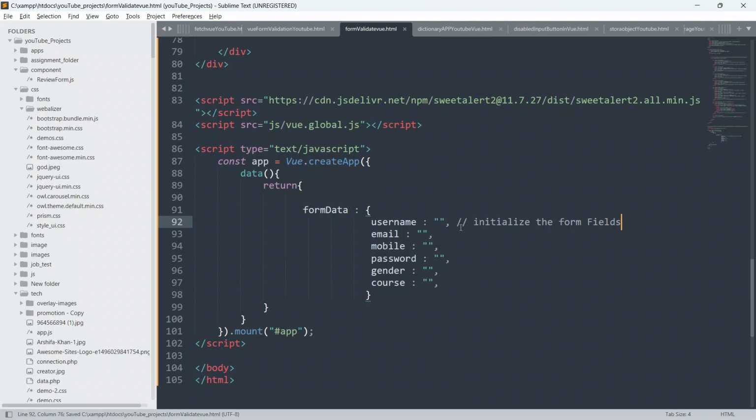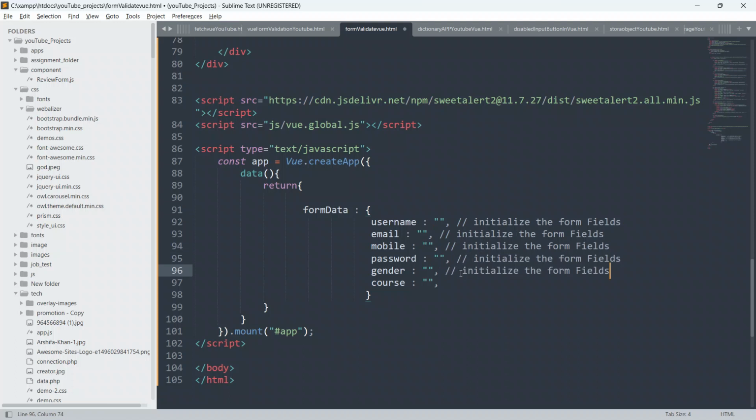Comment this code, copy this code, and paste it here, and here, and here, and here, and here. And we will change the text: add mobile number field to form data.